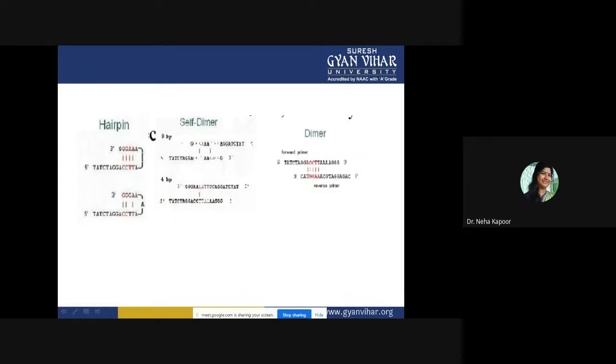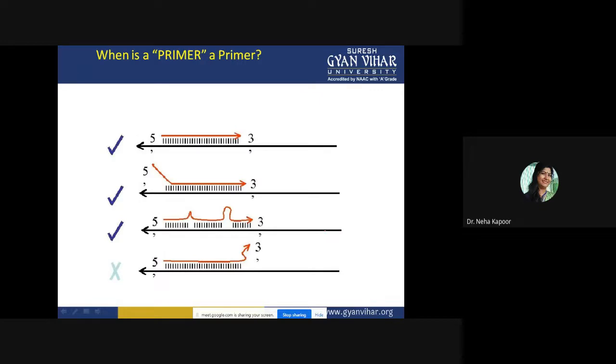So we need to avoid this hairpin formation, self dimer formation, and dimer formation by another set of primers. That means, when is a primer a primer? When can you consider that the primer that I have designed would act as a primer? If the primer is annealing strongly and it is proceeding, in that case you can call it a primer.